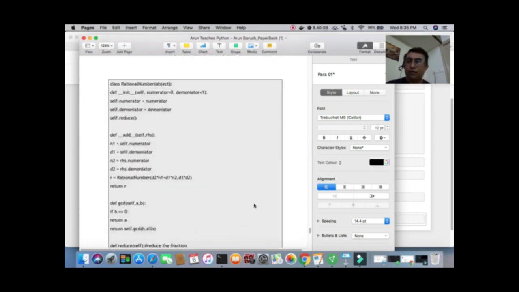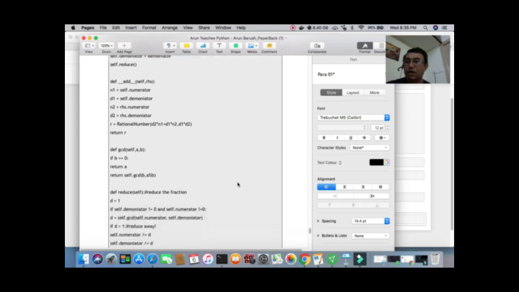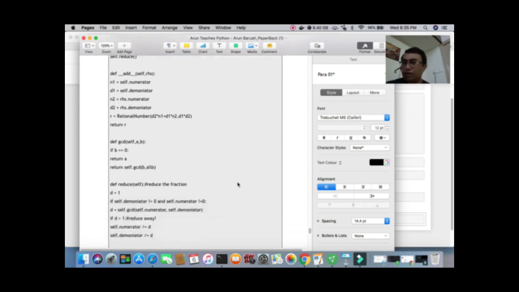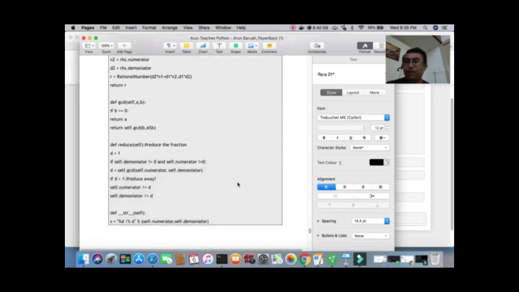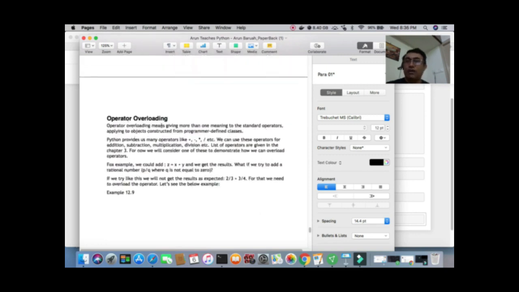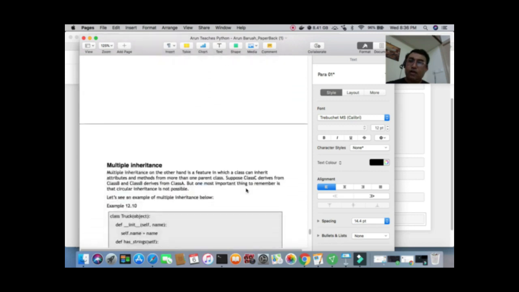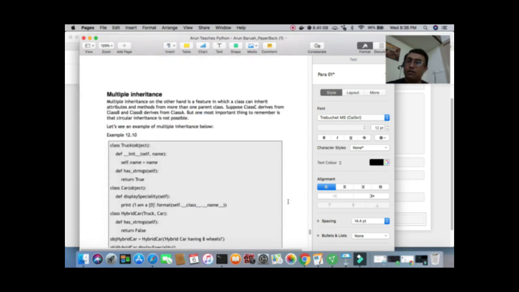Okay, so say class rational number, and you define the numerator and denominator, and you do something like the GCD, the greatest common divisor and all those kinds of stuff. You can use operator overloading. So this I won't be covering. This is easy. You can just follow the example and do it on your own,